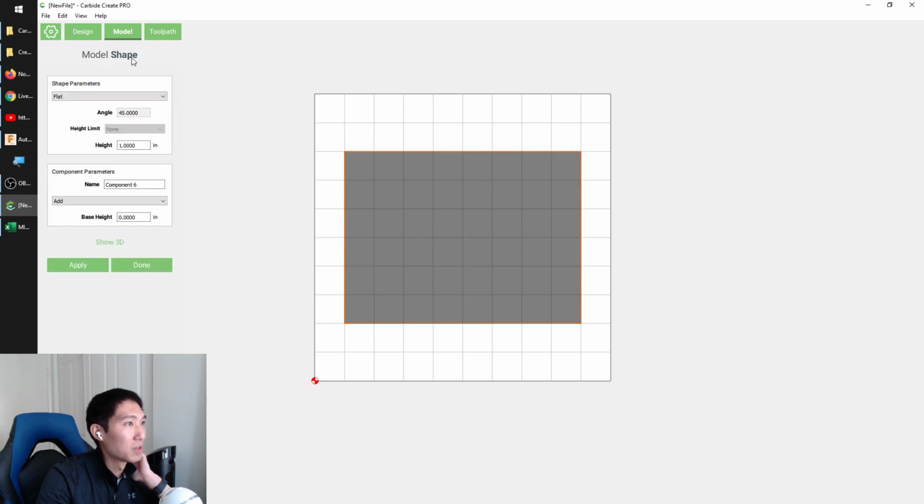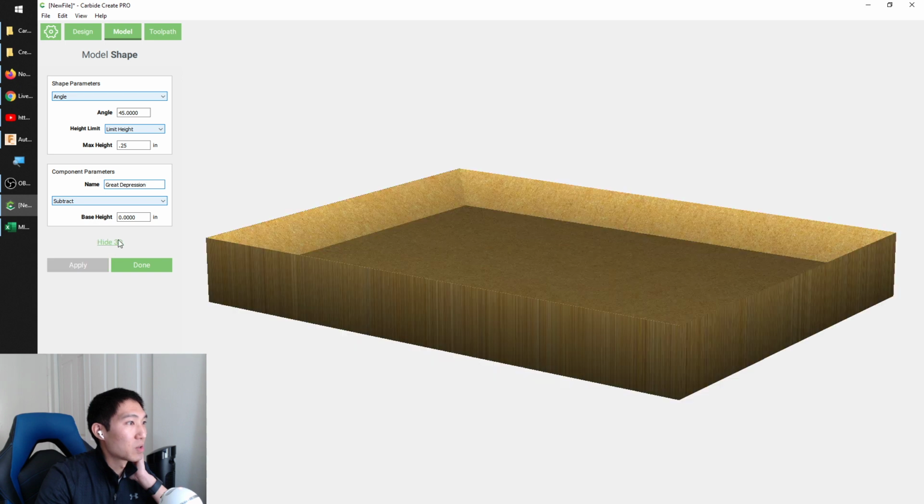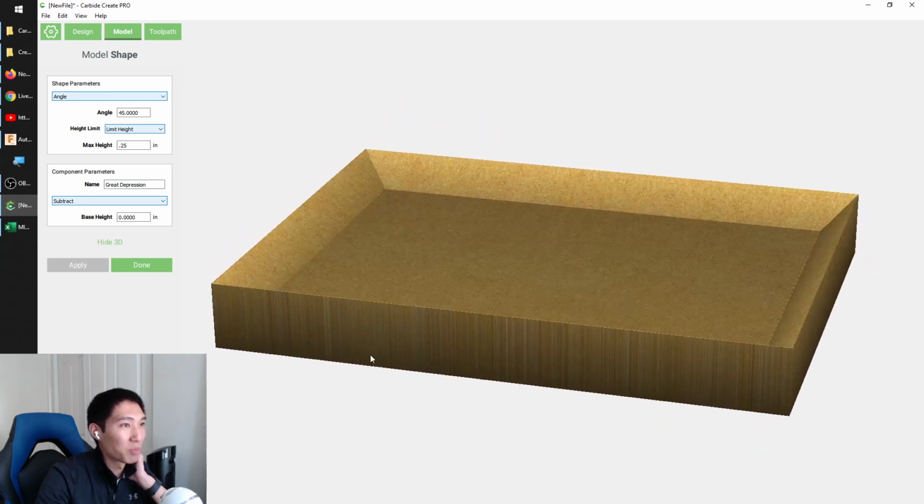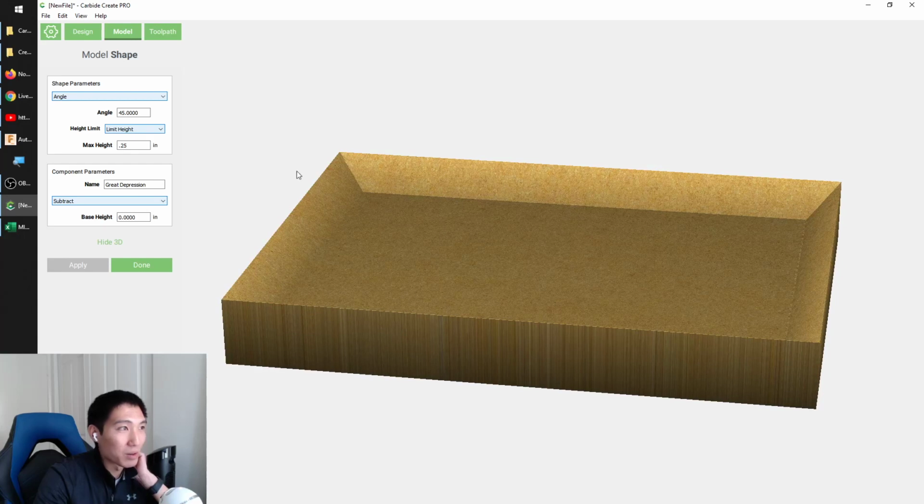I'm going to do an angled extrusion, and it's going to be 45 degrees. I'm going to limit the depth of this to 0.25 inches. I'm going to call this the Great Depression. And this is going to be a subtractive thing that goes on top of what we did. Apply that. So now we have a dished area that looks like this. You can make it rounded, you can make it fancy, you can use a rounded rectangle instead, whatever you want,